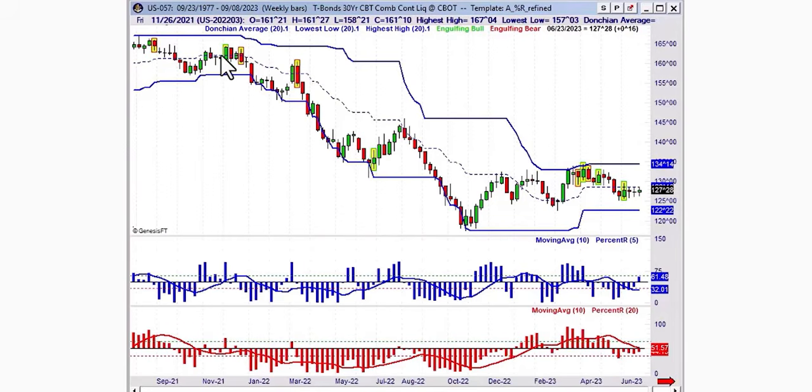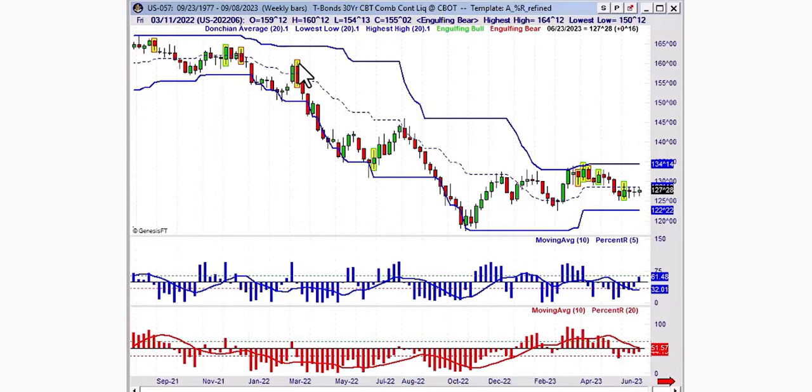But with that strength, we got tangled up in the Donchian average, so the Donchian average was acting as resistance. Then we come down, and then we bounce, and there we go. This is perfect, this is textbook. Prices advance, they come into the Donchian average, and at that point you actually see a bearish engulfing pattern. So this is a very high-confidence selling opportunity in the direction of the trend, following a counter-trend price